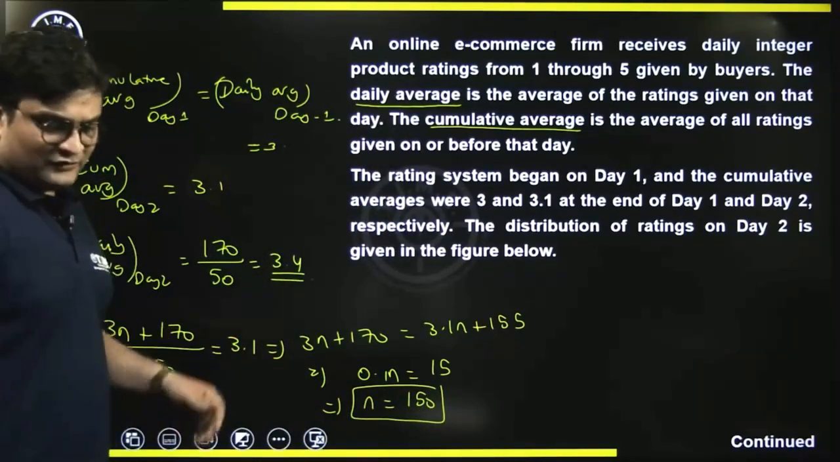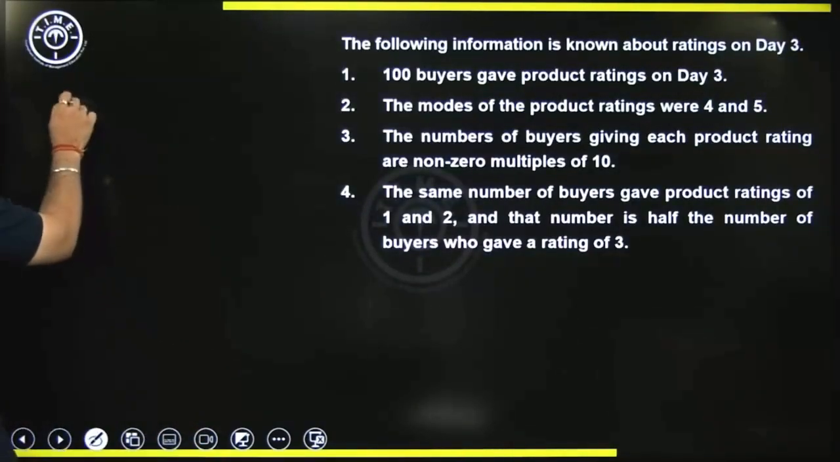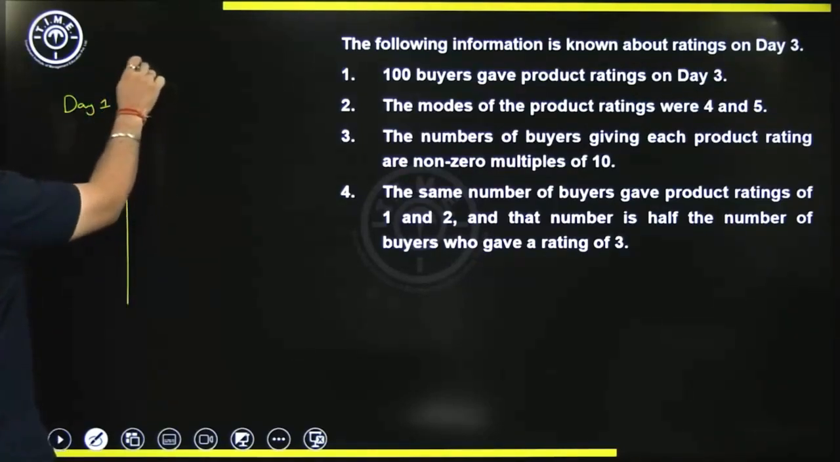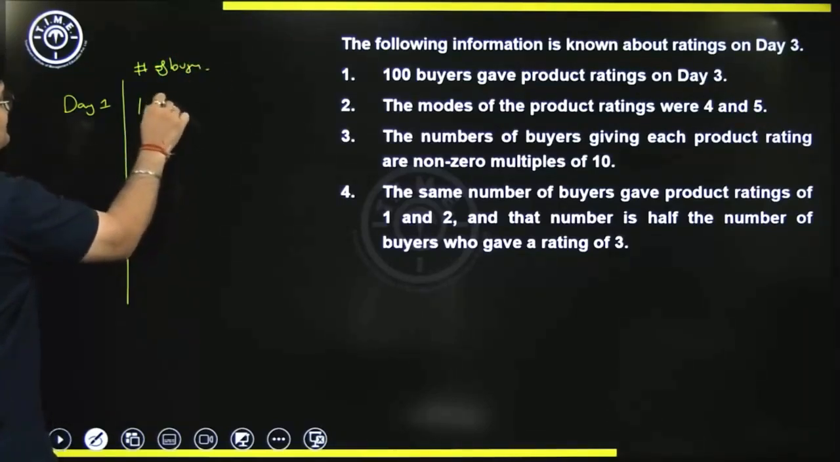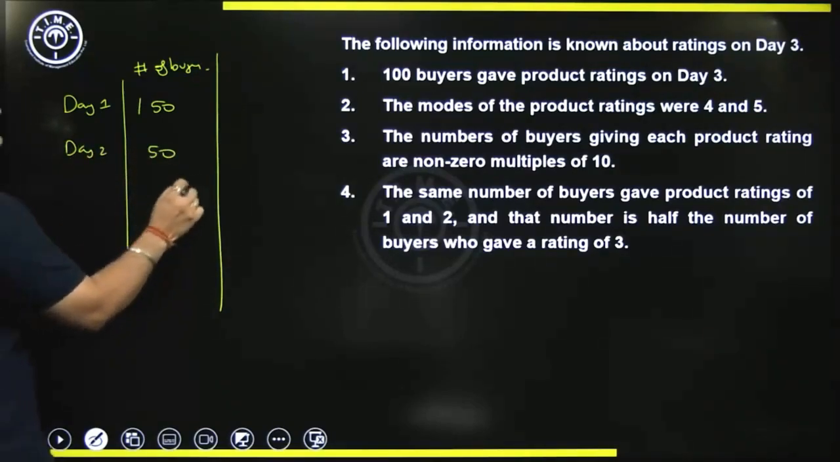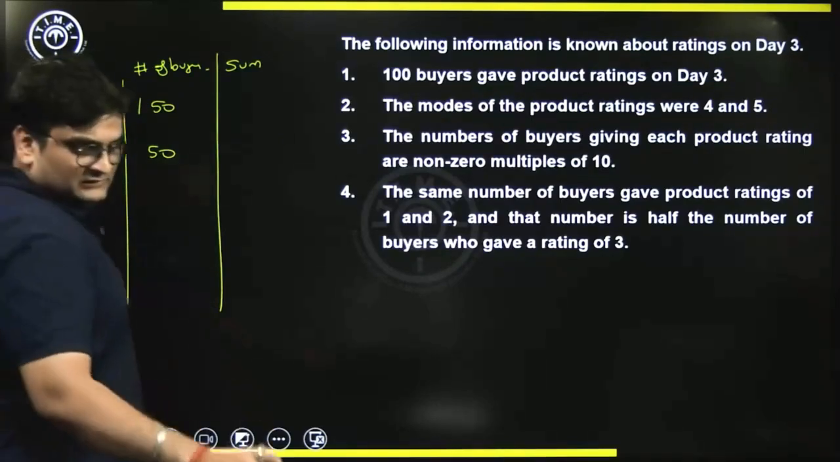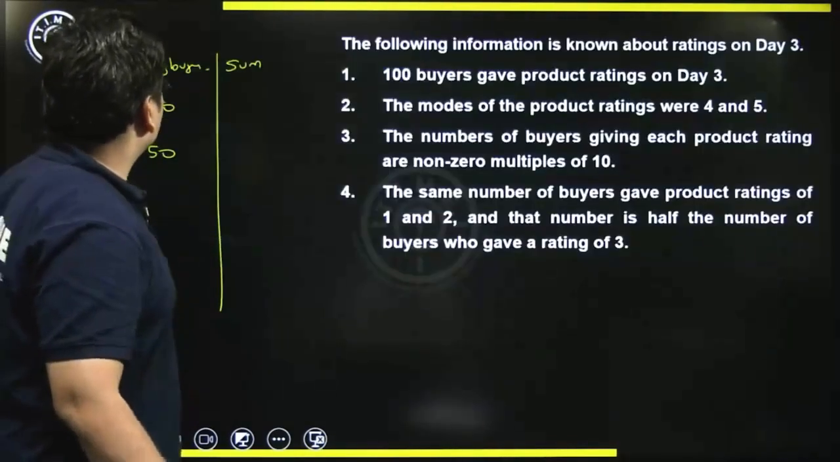So we get the number of buyers on day 1 as 150. If I just try to write down the details, so day 1, number of buyers, we get it as 150, day 2 it is only 50, and what is the sum? So what will be the sum then? 150 into 3, 450,